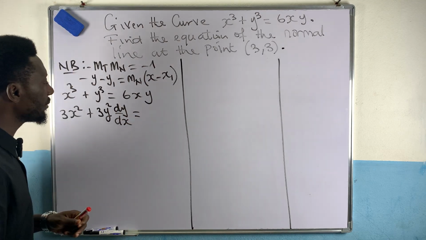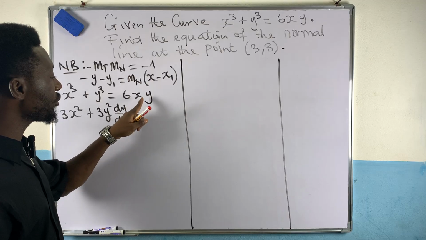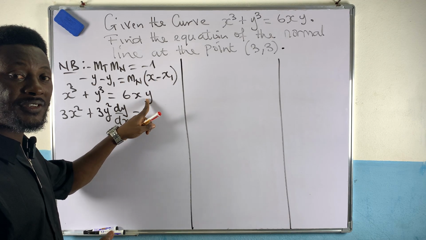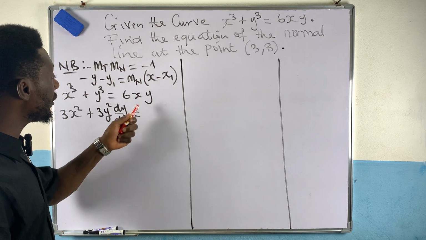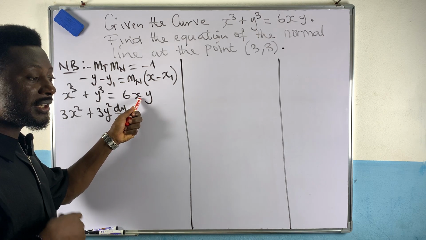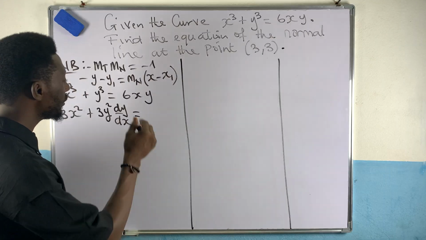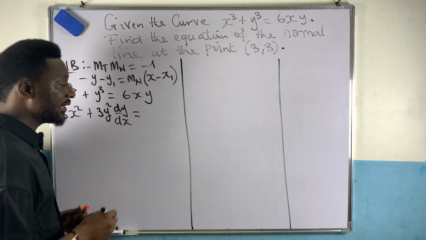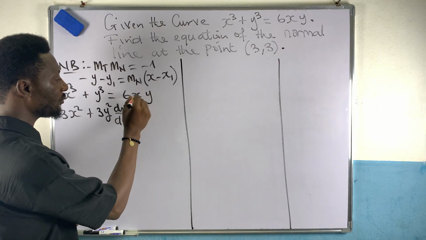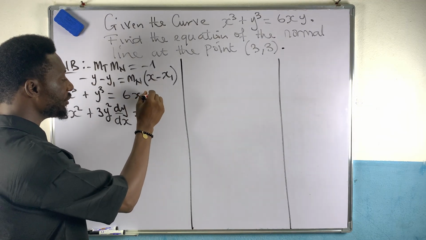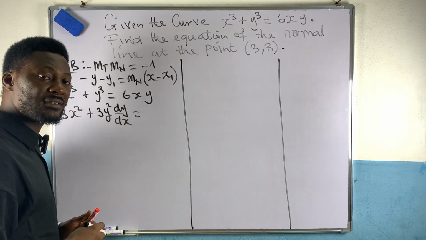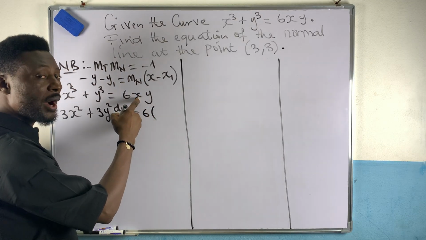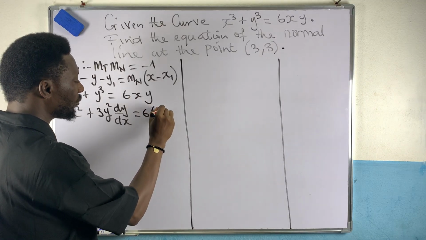So equal to, now if you look at x and y are two functions here, so we apply the product rule. I showed in my last video how we could differentiate a product, and I said to differentiate a product, we apply the product rule. So what I will do is, I will differentiate x and keep the other one without differentiating. Later on, I differentiate y and keep the other one without differentiating. So to differentiate 6xy, it will be 6, the differential of x is 1, times y,